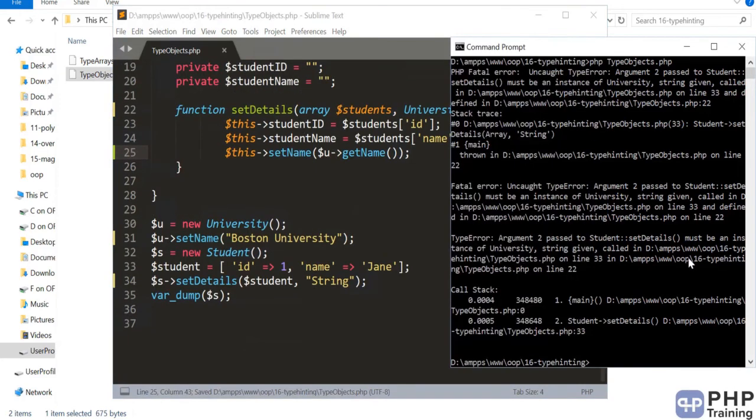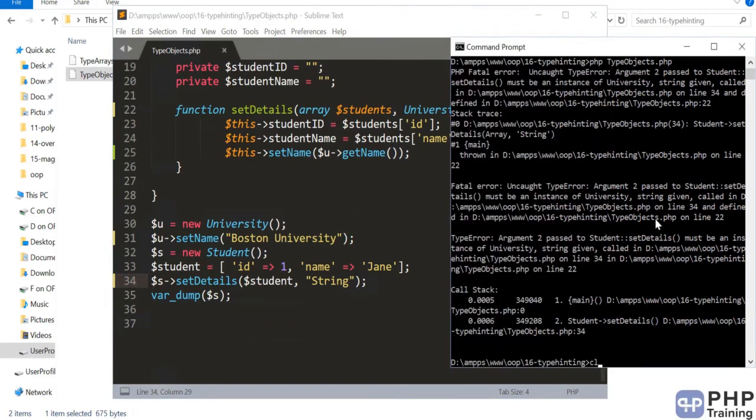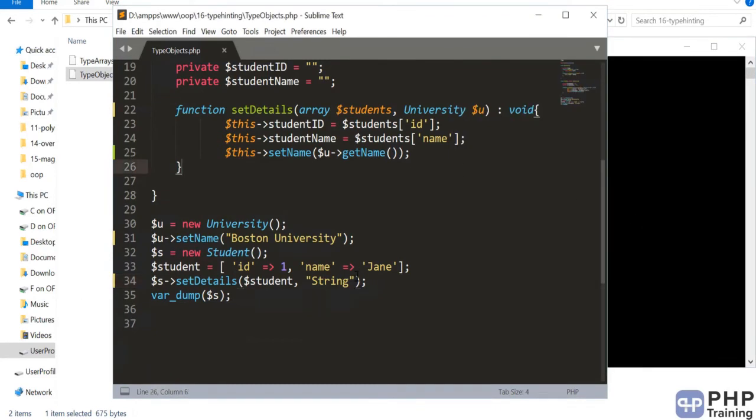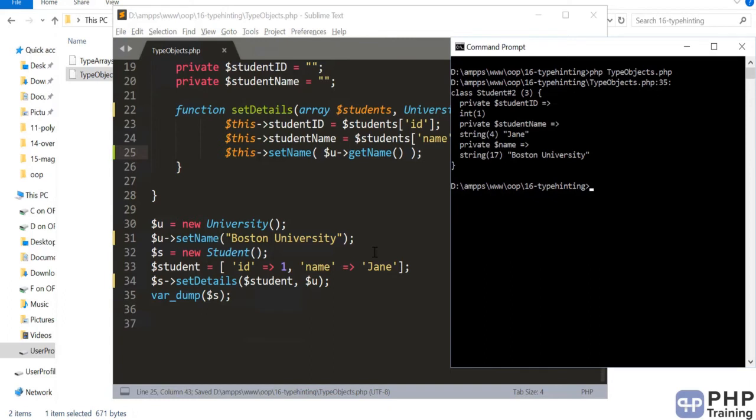Okay, so let's execute this. Okay, so let's change this back to u. And then you are calling the set name and you are getting the get name. Okay, so you can see the Boston University has been set.